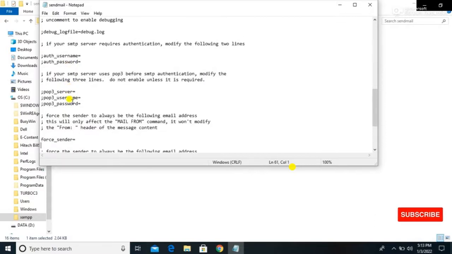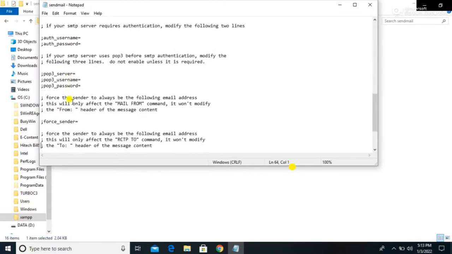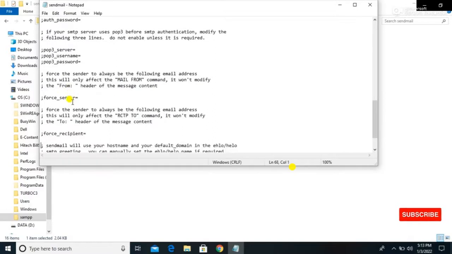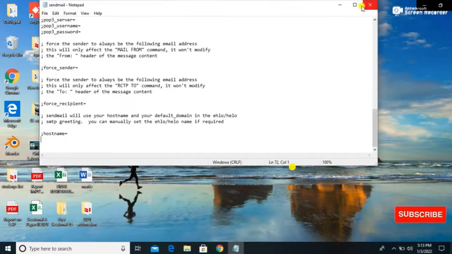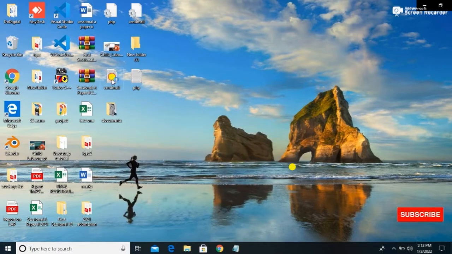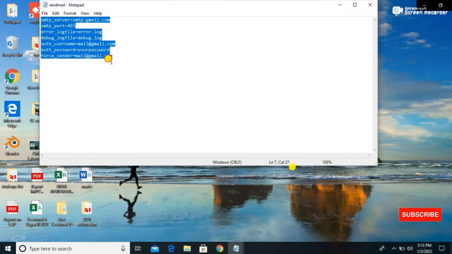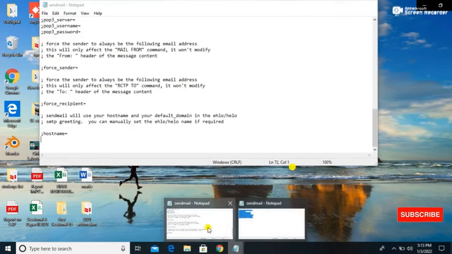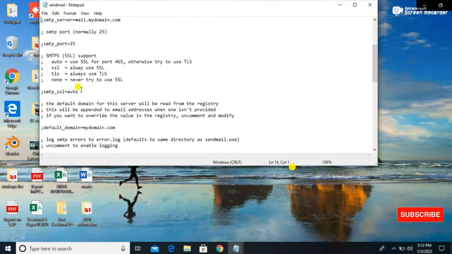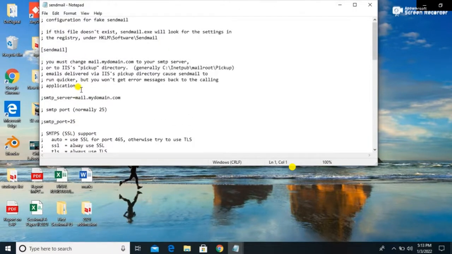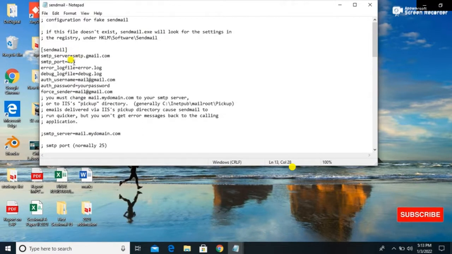I have already posted the code in the description. You can copy the code from there and simply paste it inside the sendmail file. So here we need to paste that code.